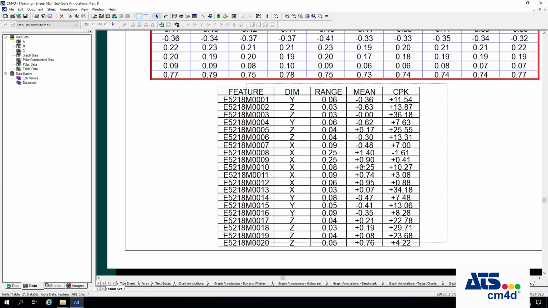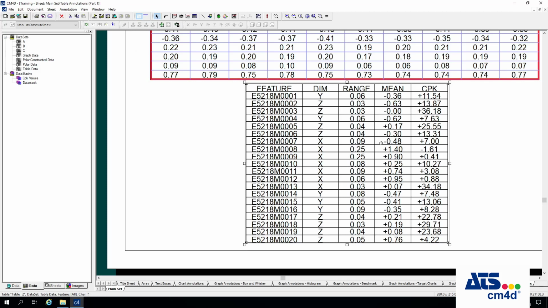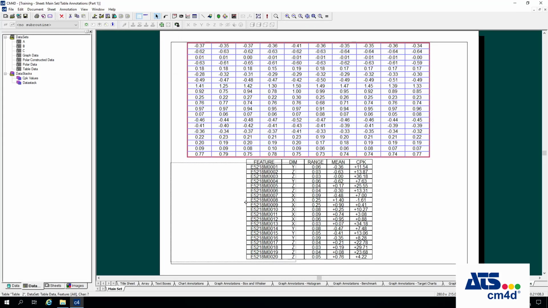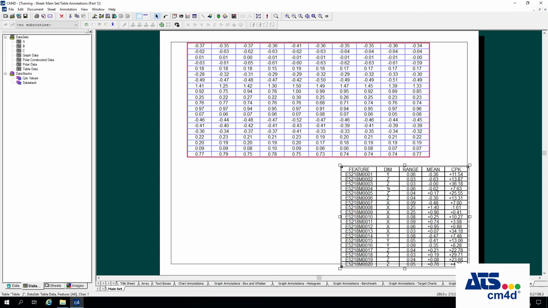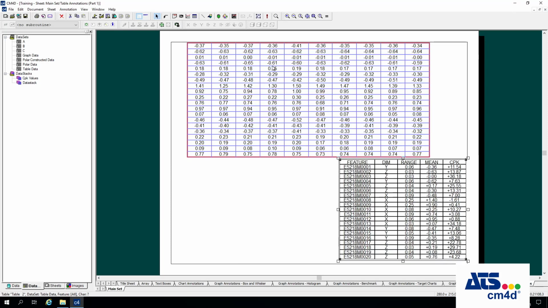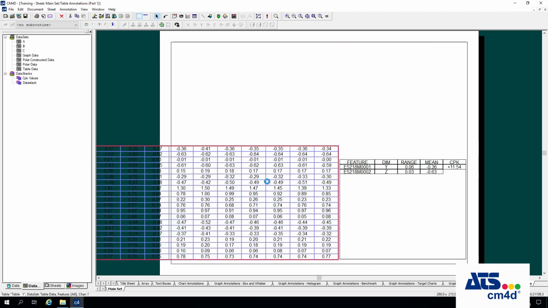So this is the most advanced way of using a table, but it will allow you to specify exactly what it is you'd like to see. So these are two different methods. If, for instance, a customer wants to see maybe some nominal data or calculated values at the end of a table, they could do something like this, and then have another table that's just looking at the actual values of a data set, and basically put the two near each other,